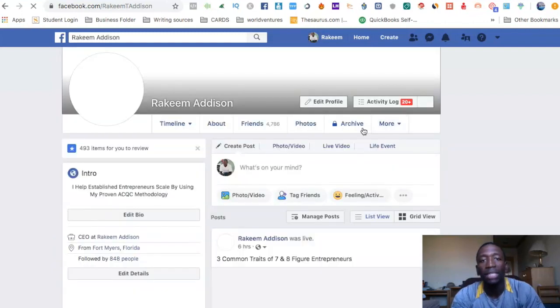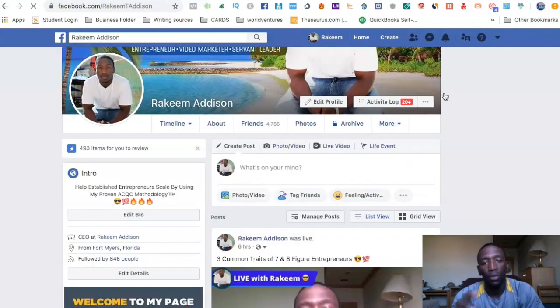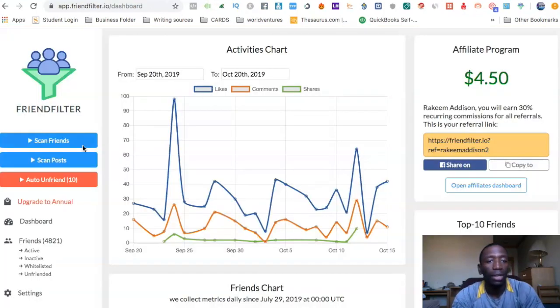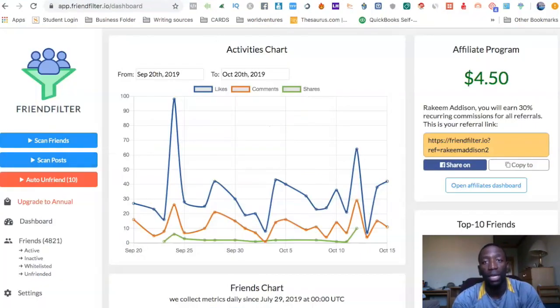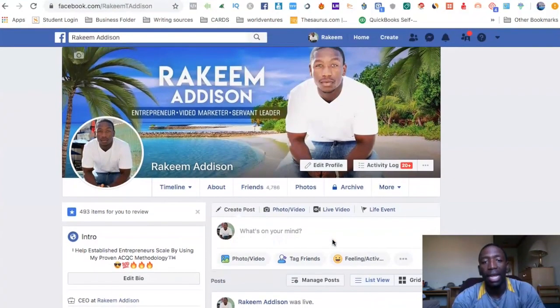All right, so basically what it's going to do is it's going to open up my profile. When I go back, just a moment. So when I go over here and I hit scan friends, it's going to open up Facebook as well. And it's going to open up the friends section and it's going to go through all the friends. All right, now when I hit the scan post button, it's going to bring me here and it's literally going